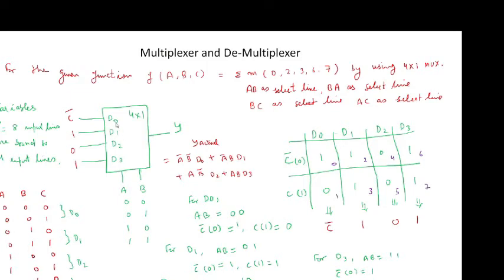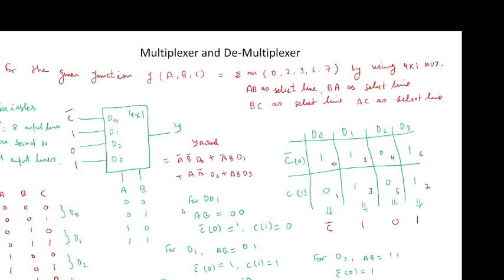Now here we have to find the value of D0, D1, D2, D3. Now see here, I will make 4 columns D0, D1, D2, D3, and there will be 2 rows for C bar and C. C bar represents that C is equal to 0 and C represents C is equal to 1.